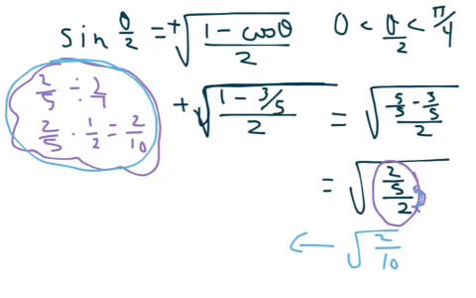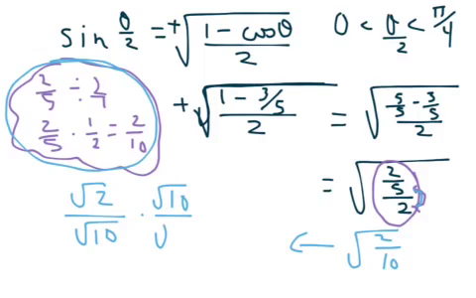Now again, I guess I'm going to work backwards. So this is the square root of 2 over the square root of 10. We have to rationalize the denominator, so we're going to multiply it by root 10 over root 10, which gives us the root